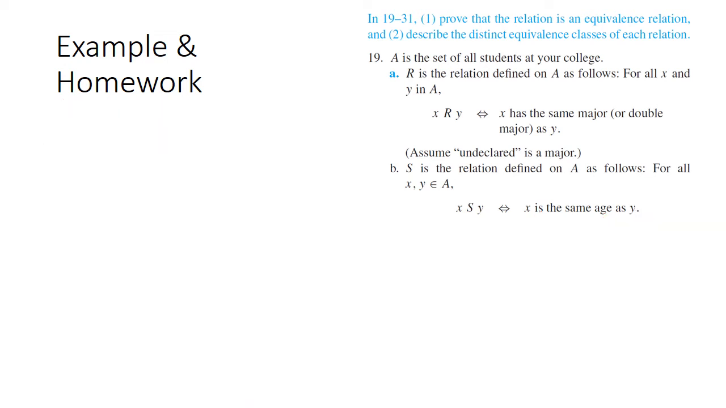Okay, so now let's talk about 19b, part 2. Part 2 is to describe the distinct equivalence classes of each relation. The equivalence classes for this relation, the same age relation, is just going to be one class for each age. I assume by age they're talking about 18-year-olds, 19-year-olds, etc. If I meant something different, then I am not sure the first part of this problem would have gone well. So the equivalence classes are